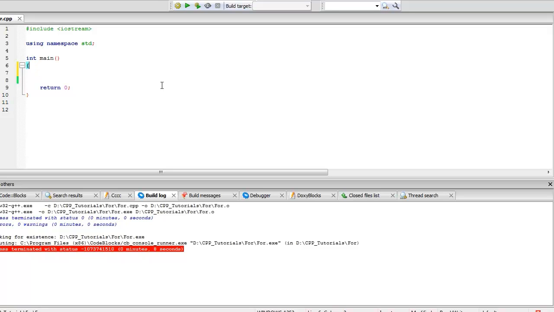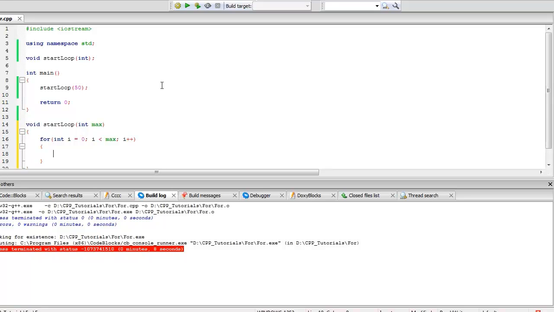And now we are going to do something very simple. We're gonna do void startLoop, and we're gonna send an integer. Now if you don't know what this means, you should go watch the previous tutorial where I explain all this. And we're gonna send an integer which is gonna be 50. So void startLoop int max. And we're gonna do for int i equals 0, i is less than max, then i++, cout